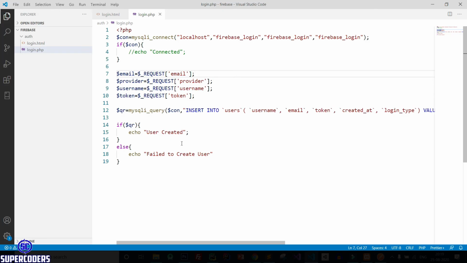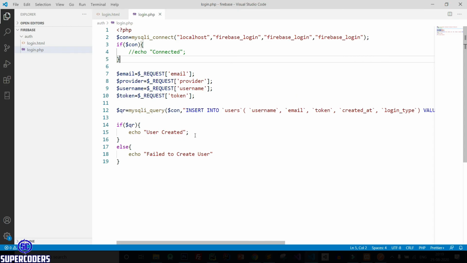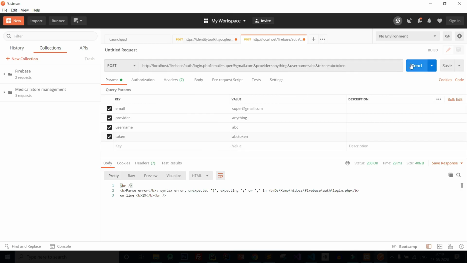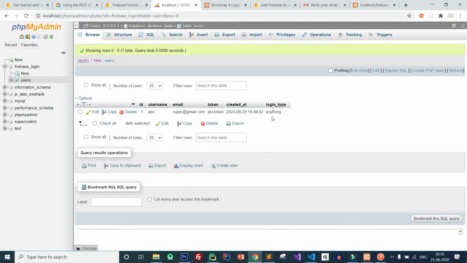One more error, line number 19. Okay, semicolon is missing. Save it. Click on send. So you can see user has been created. So let's see the database. You can see data has been created.